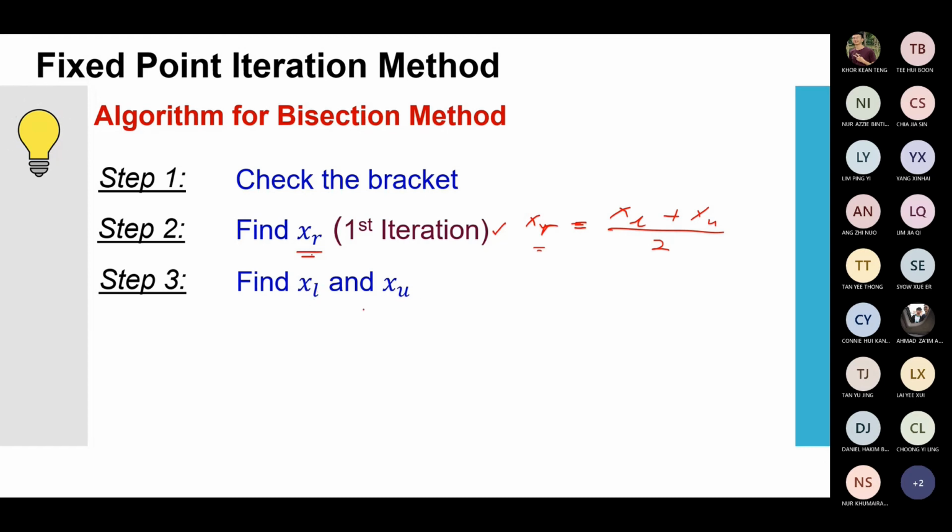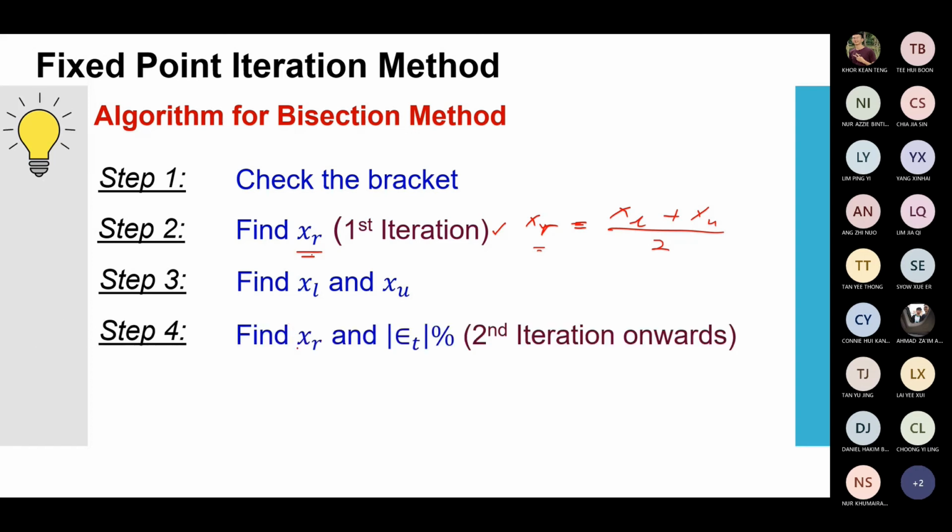Again, I said that the process, you need to continue with that. You need to check whether it's less than 0 or greater than 0. If it's greater than 0, then you need to update the value, the new value. And if it's less than 0, then you continue with the process. And step 4, yes, you need to find that again. You need to find that XR, and then you check the relative approximate